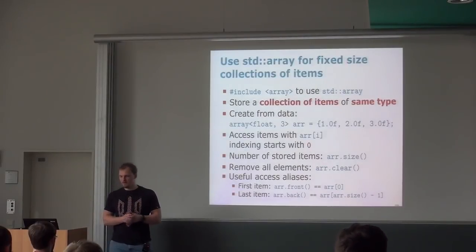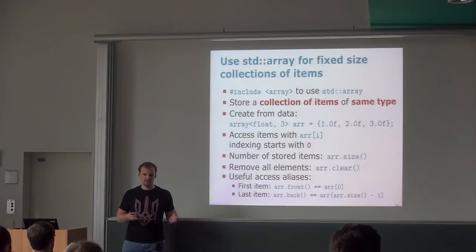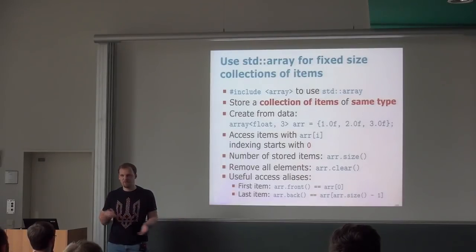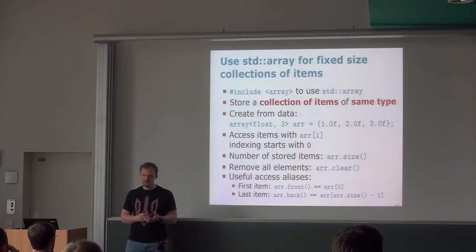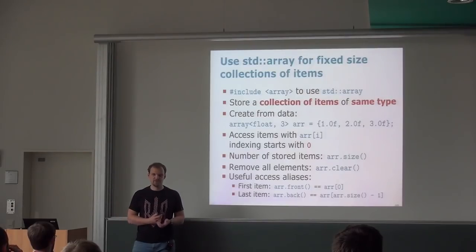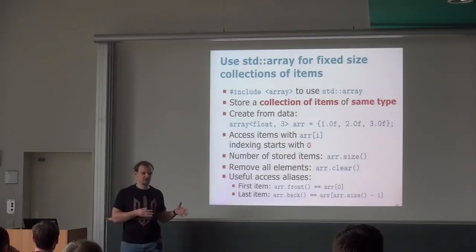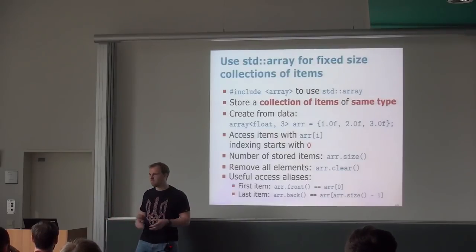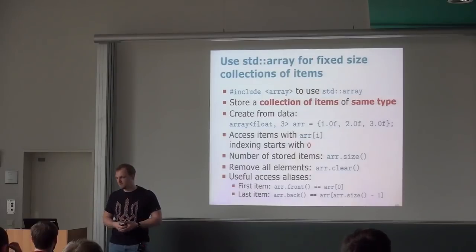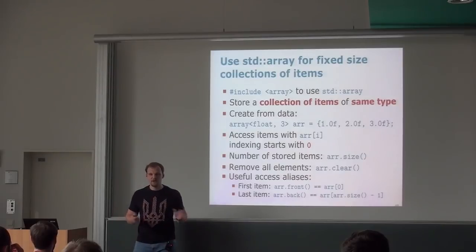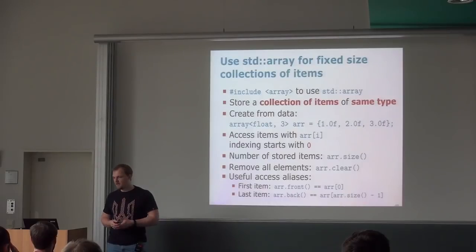Good. Now, we can also have a collection of items. It's not enough that we have just one number or one string. We want maybe arrays of those numbers. And there is a recent addition to C++, which was a long time missing. It's called std array. Basically what it does is it creates a fixed collection of items. If you need from the start of your program a collection of 3 items, for instance, like 1, 2, and 3 in this example, you just create it from the start of the program, and it will never change. And you can go through it, you can use it anyway.